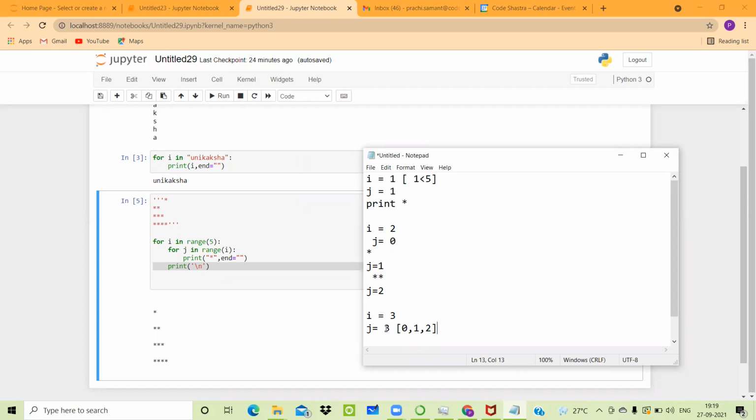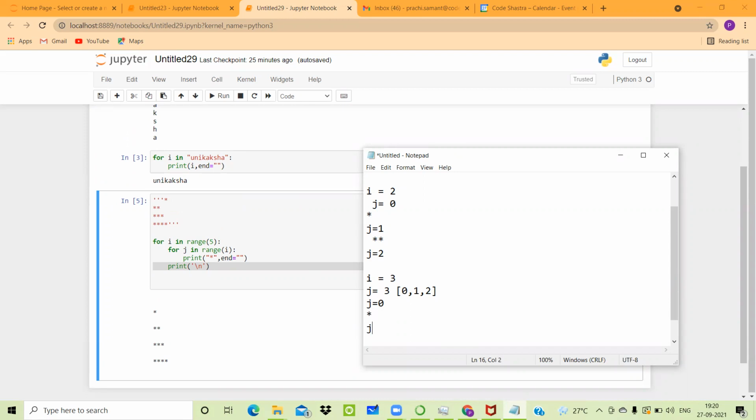It cannot exactly equal 3, because range function says that when you are writing range of 5, it is 0, 1, 2, 3 and 4. So whatever limiting value is specified, -1 is the total traversal possible whenever we use this range function. That's why when I will become 3, j will also become 3. And in this case, if j is 3, that means j can take a value either 0 or 1 or 2. So first time, the value of j would be 0. So the value of j will be 0. If the value of j is equal to 0, so 0 obviously lies in this range of 3. And that's why it is going to print single star.